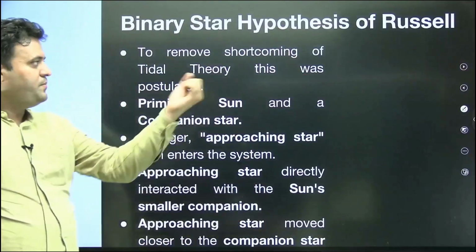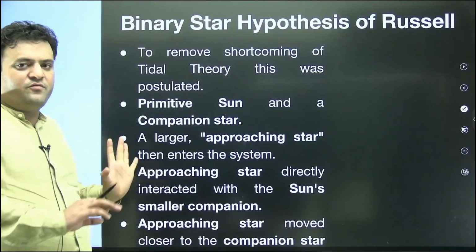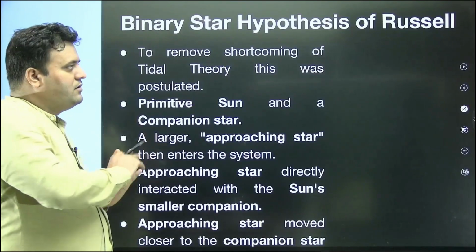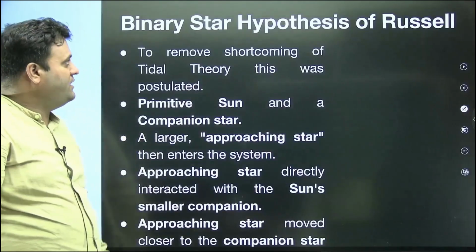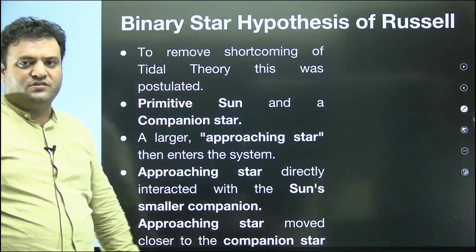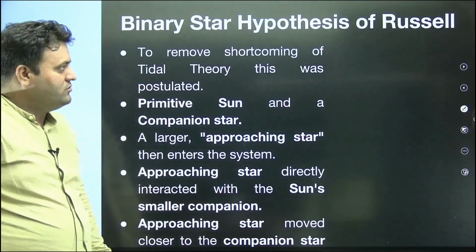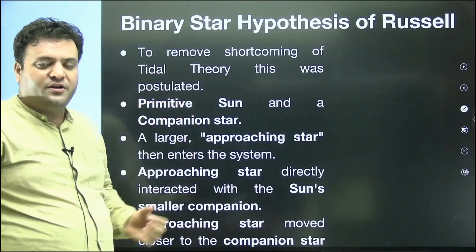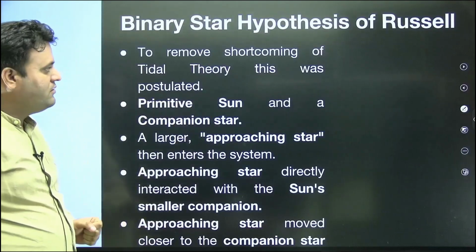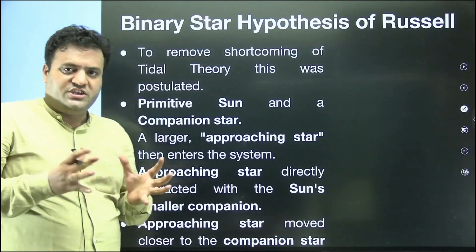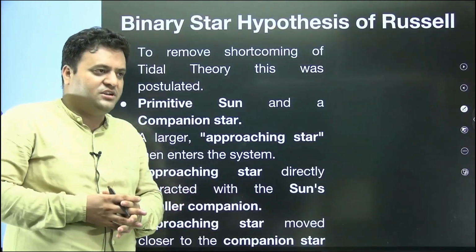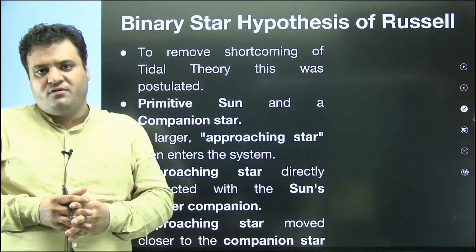Moving ahead, now here we have one of the most credible hypotheses, which actually became a base for the Big Bang theory as well. So we have the binary star hypothesis of Russell. In this particular theory, there is an assumption that we have a three-sun kind of combination, and as a result of these